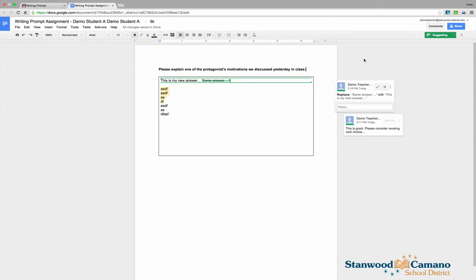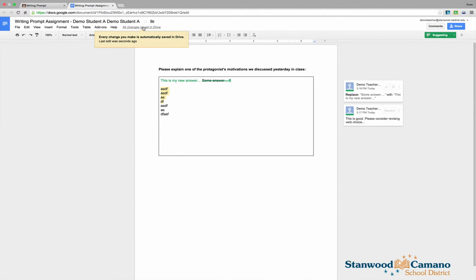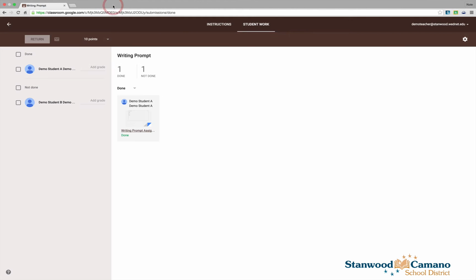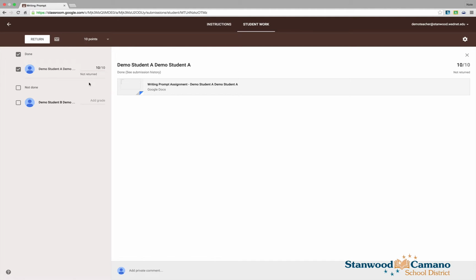here inside the document. Okay, so let's say I assume everything's fine. I made those changes, but I'm okay with the assignment, so I'm going to go ahead and give it a grade. I just close this because all the changes have been saved in Drive, and it indicates that right here. I just close it. To give them a grade, I click right here, and I'll type in 10 out of 10. It says not returned, and so to return it, I just need to make sure I have a check mark here,